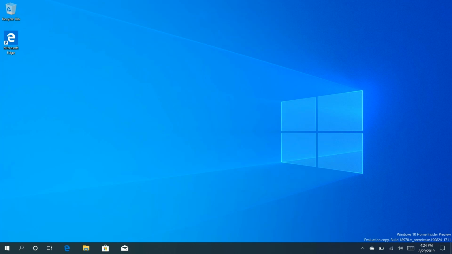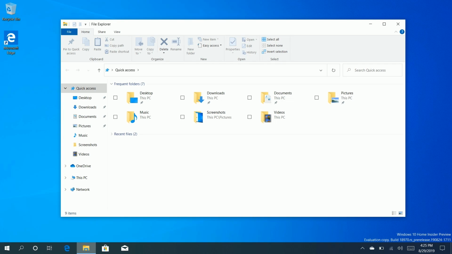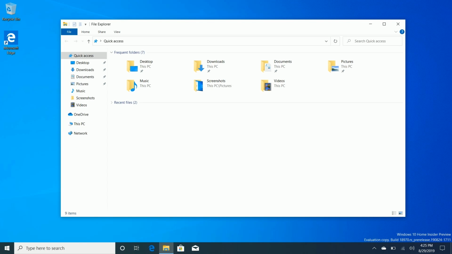Now we're going to take a look at some of the features that have been introduced over the last few builds since our last build video. Starting with the general rollout of things like the new Windows search experience in File Explorer. So if we come up here, I am actually going to go back into laptop mode for this so I can control it easier. If we make this a little bit wider here, there's now a new Windows search experience